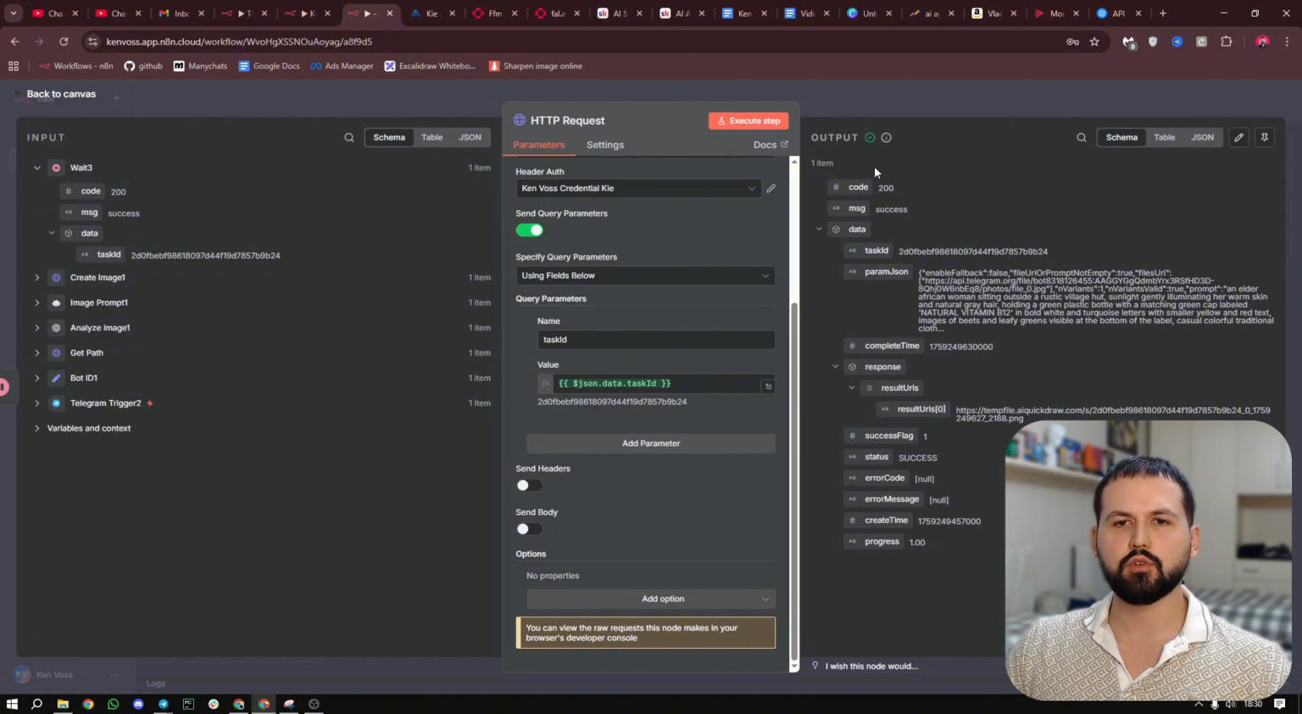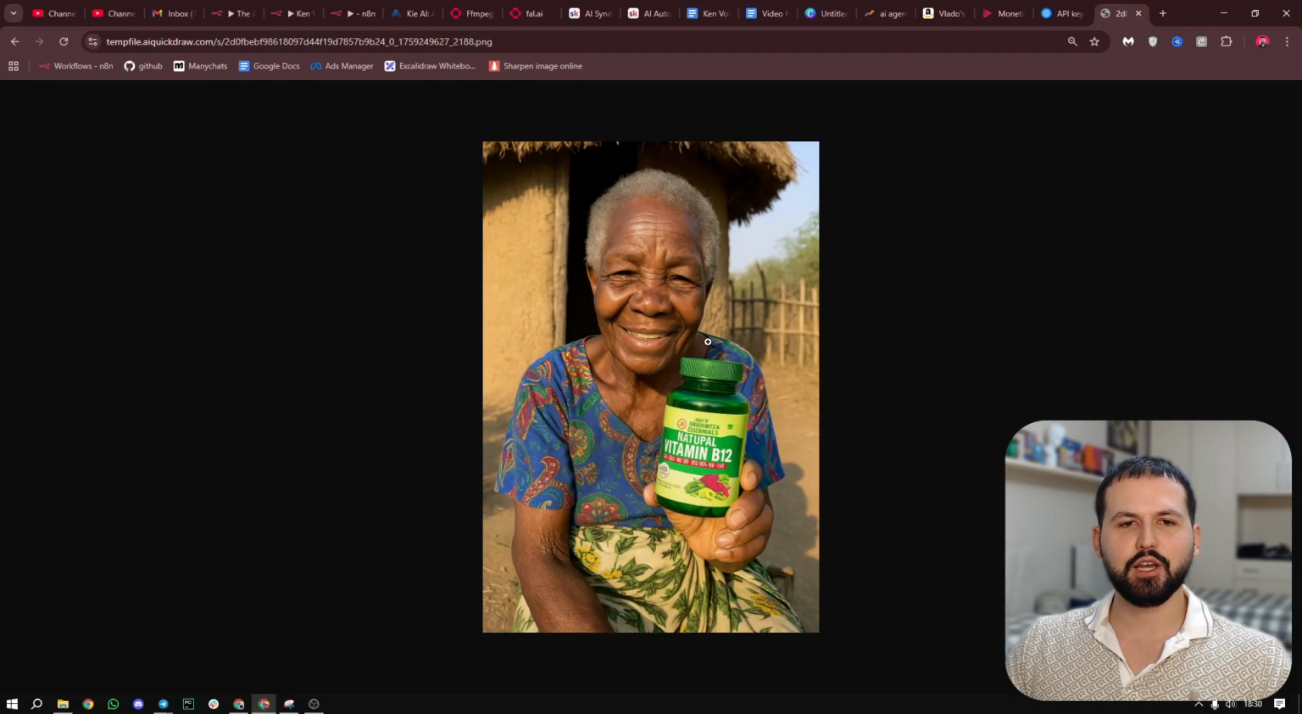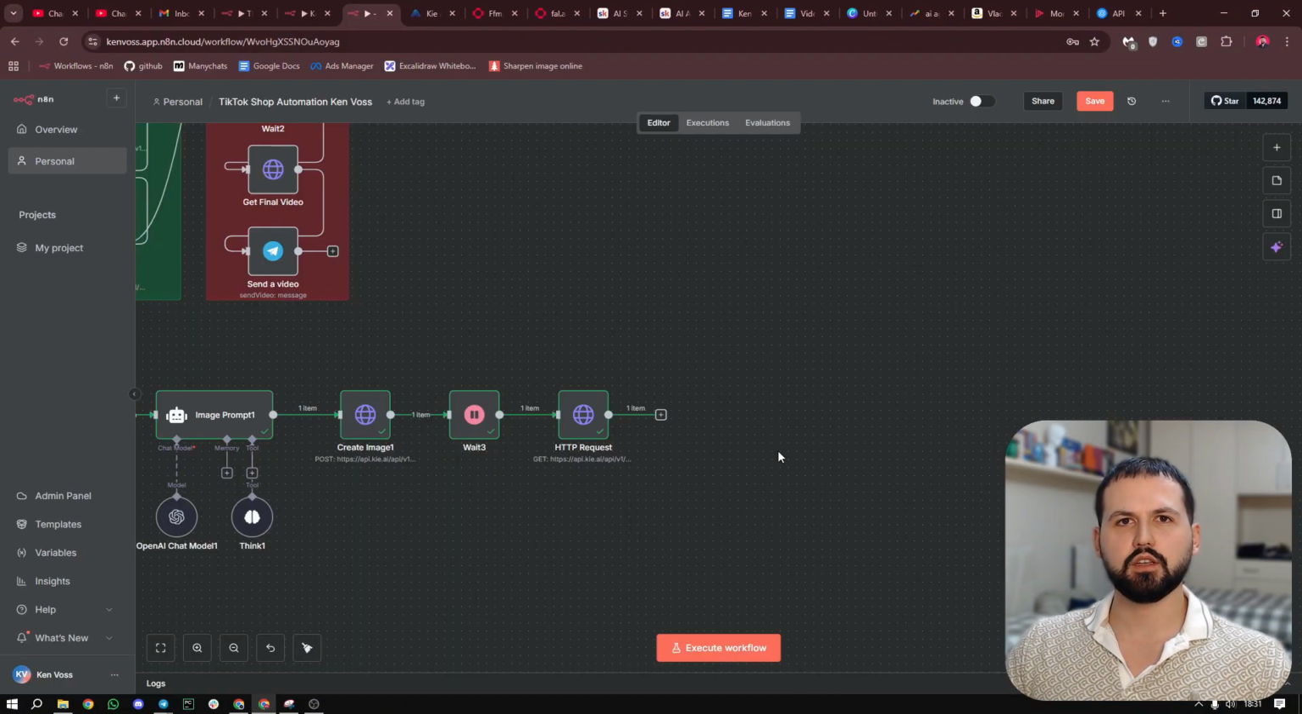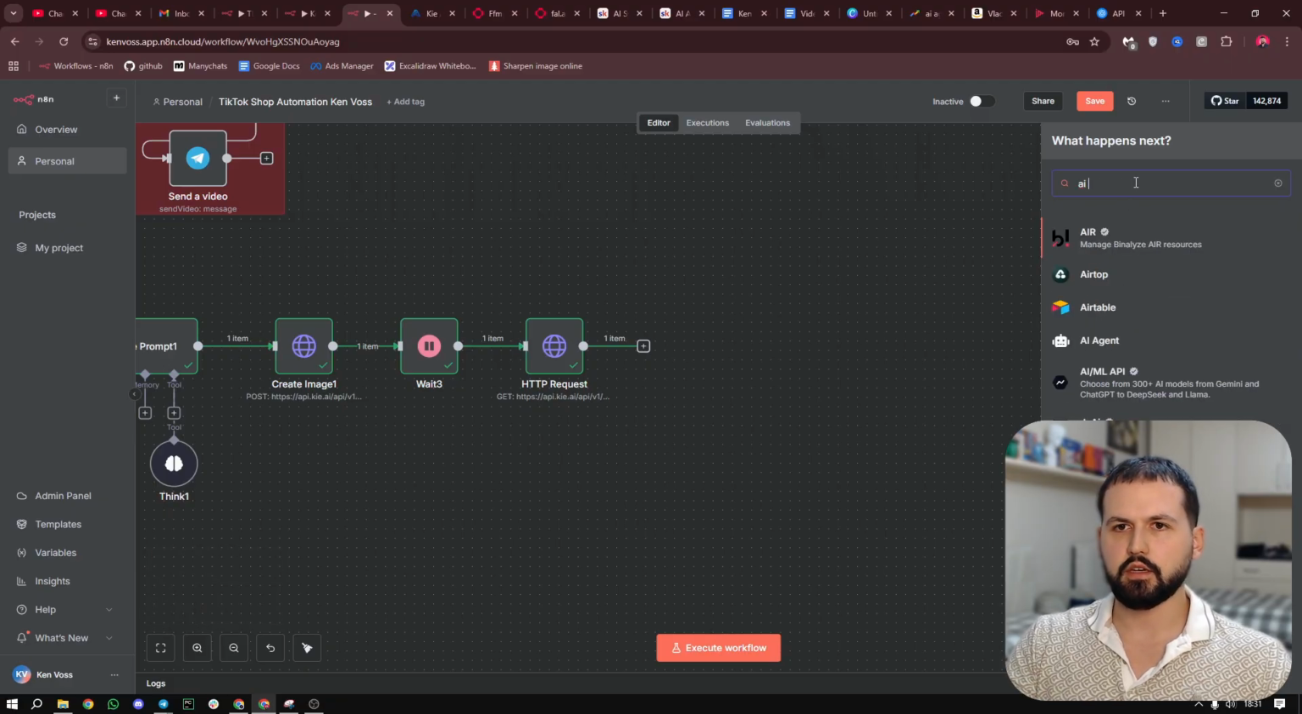If it says echo 200 and you see all this, then it means it was successful. You can copy and paste this URL here and see the image in another tab. Look how realistic this is. After we're done with that, we have to create the video prompts now. Click on the plus icon, AI agent,